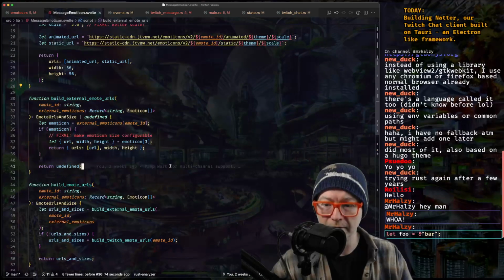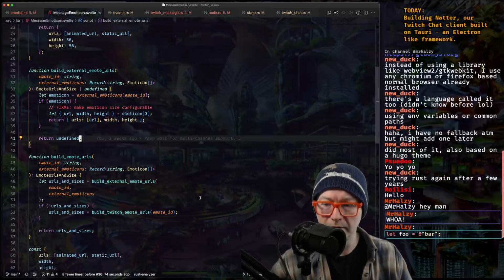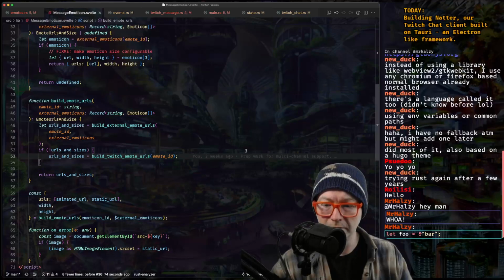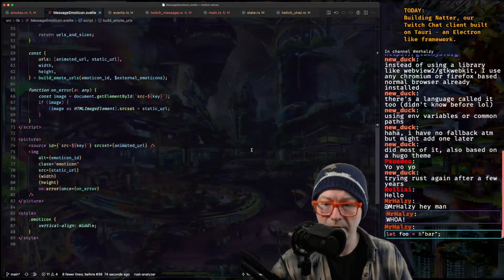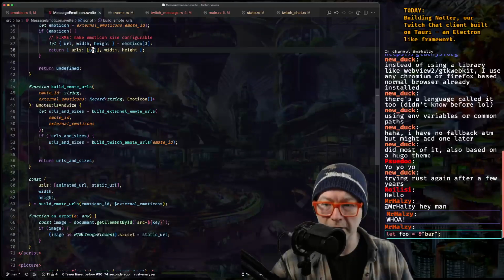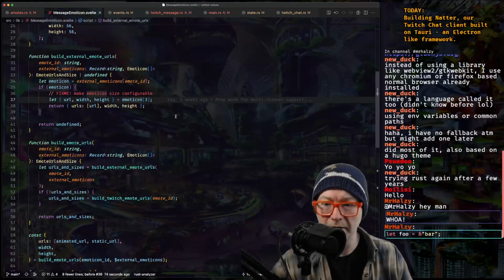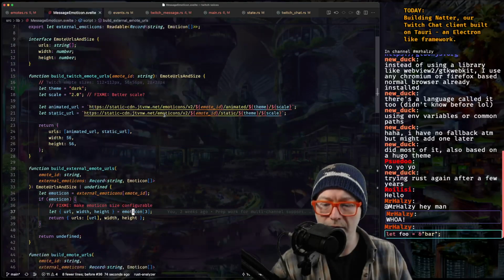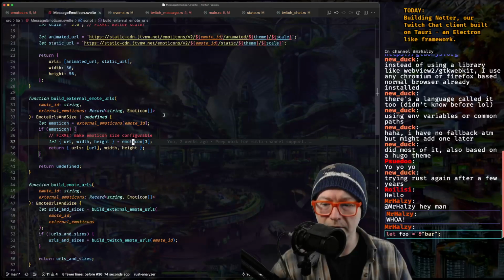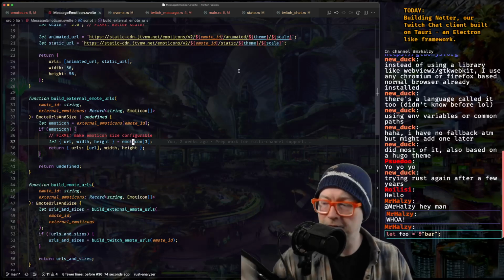And then here, external emote URLs. Build Twitch emotes. We're just using the emote that we get back from emoticon. Why am I finding it so hard to believe?